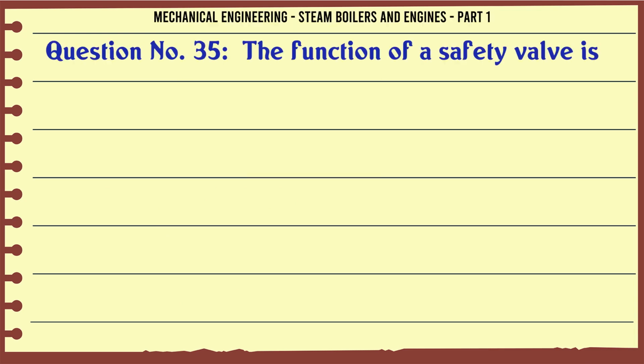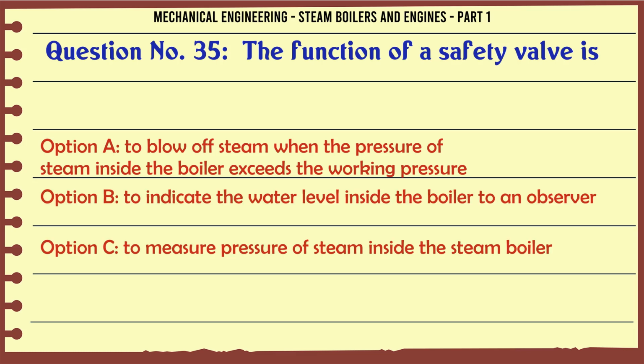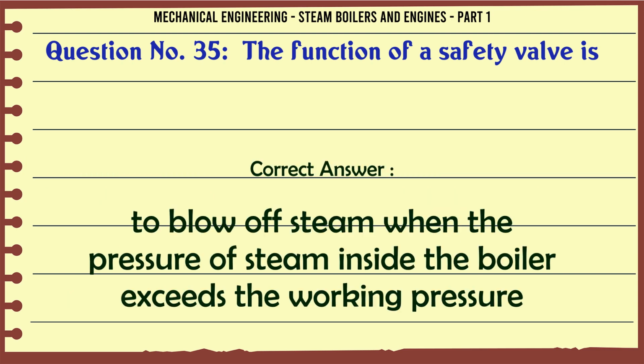The function of a safety valve is: A. To blow off steam when the pressure of steam inside the boiler exceeds the working pressure, B. To indicate the water level inside the boiler to an observer, C. To measure pressure of steam inside the steam boiler, D. None of the above. The correct answer is